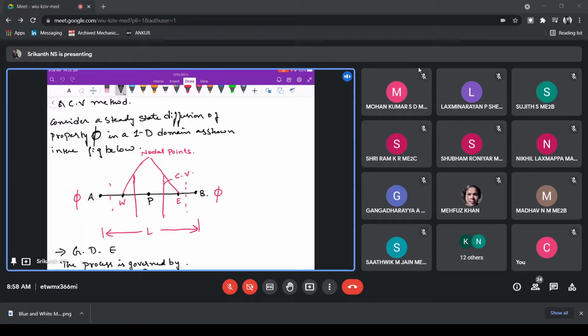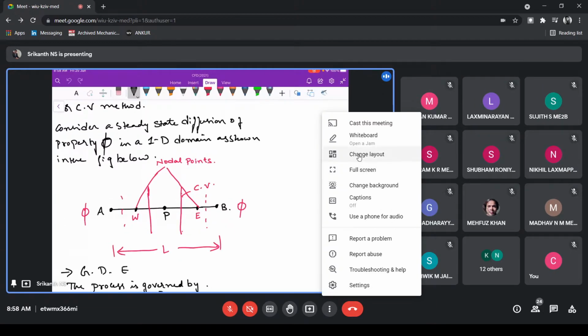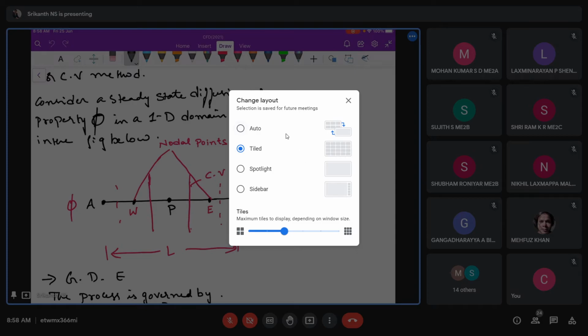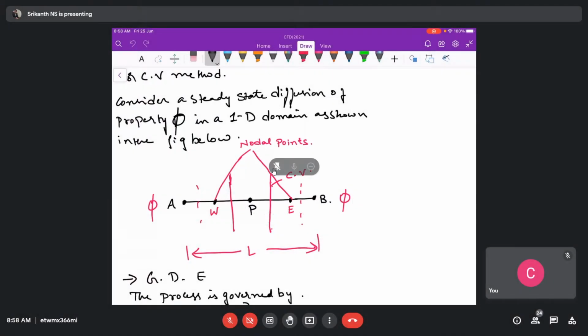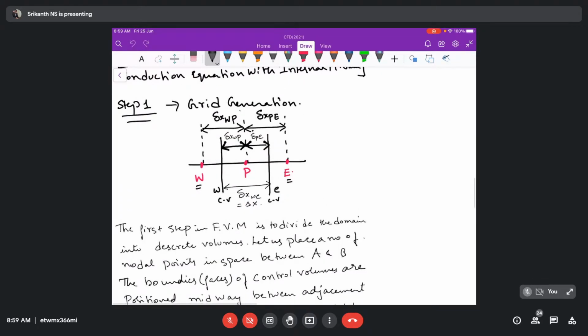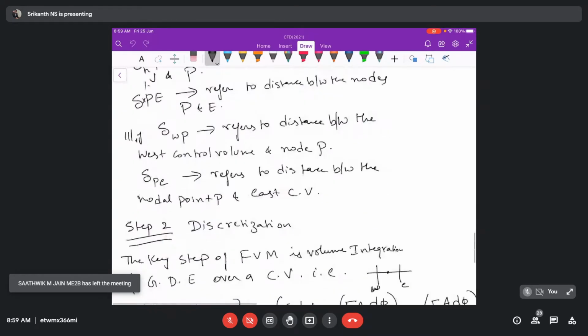But here, our attention is not the nodal points. Our attention is control volumes. Is it okay? So as we told, the notation that we use is any particular point inside the node. With respect to that particular node, towards the left and right node is addressed as west node and east node. And similarly, the left and right control volume surface is denoted as west face and east face. East control volume and west control volume. So distances also we got to know.